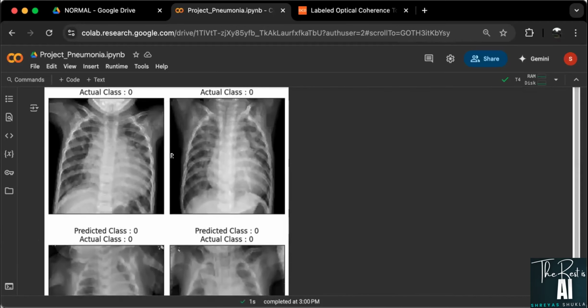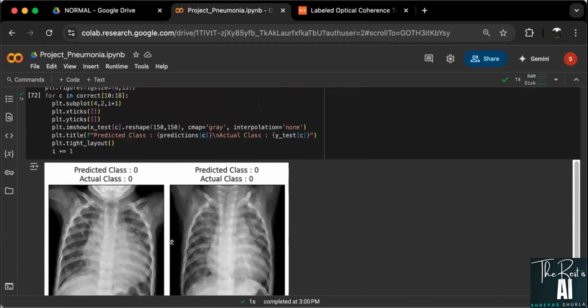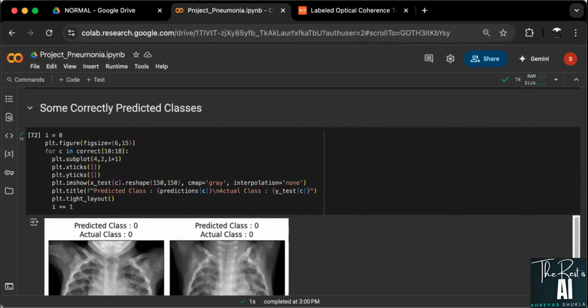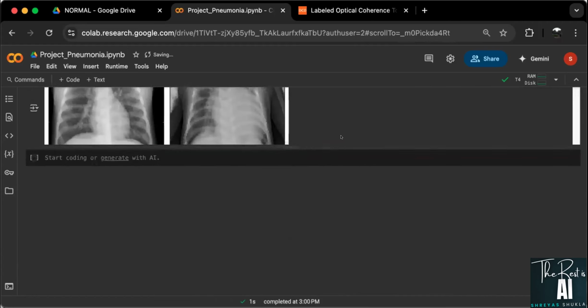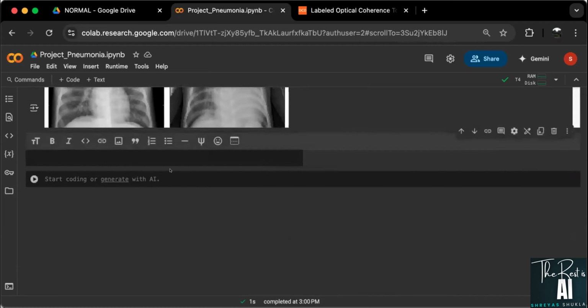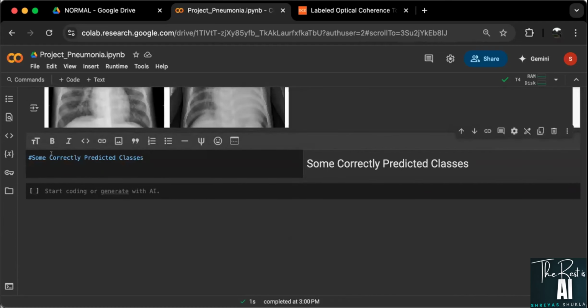Since the quantity of normal X-rays is not much, it is expected that you are not getting those, but you can just play around with this number here to get different classes. But let us try to get some of the incorrectly predicted classes. So what I'll do is I'll copy this and come down here and say that this is incorrectly predicted classes,